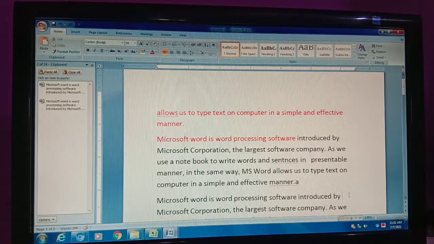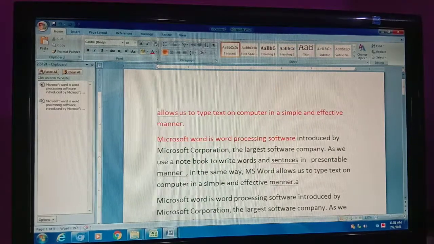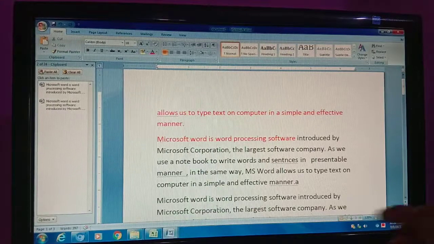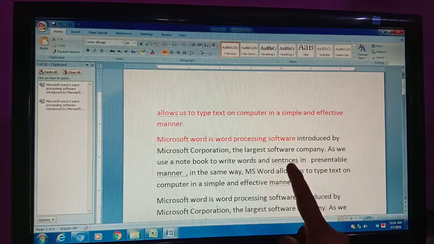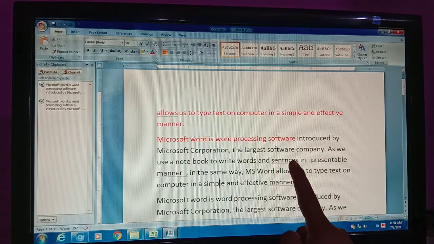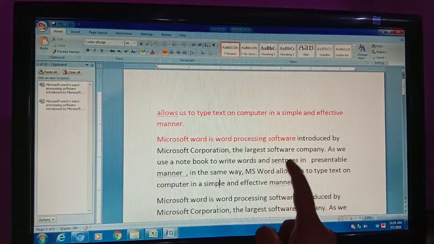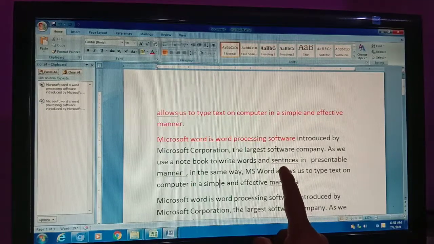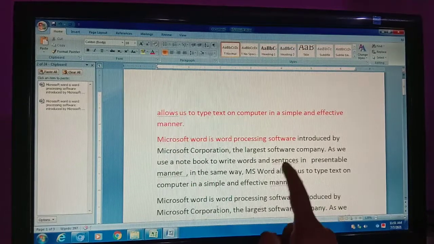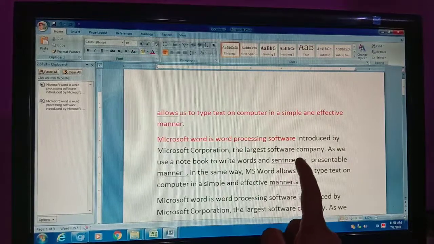Okay, this is any grammatical mistake I have placed. For example, this one, comma, I'm just making the comma a little bit far, so it will give you a grammatical mistake. So student, are you able to see the spelling mistake? It is symbolized by a red wavy line. These are red wavy lines showing the